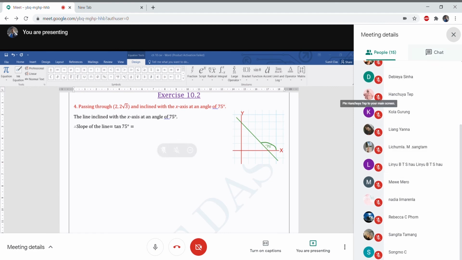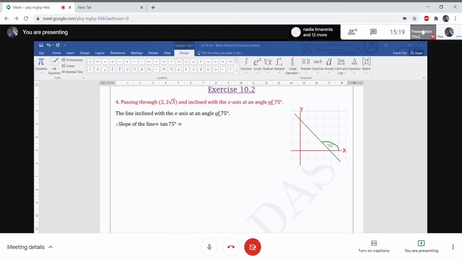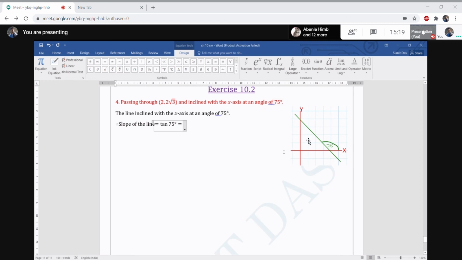Any idea how to find tan 75 degree? Tan 75 degree we'll find like this. We'll use the tan A plus B formula, with 45 and 30 degree. I hope I gave this once, tan 75 degree, in chapter number 3. After that you just use the formula tan A plus B. Tan A plus B formula is tan A plus tan B